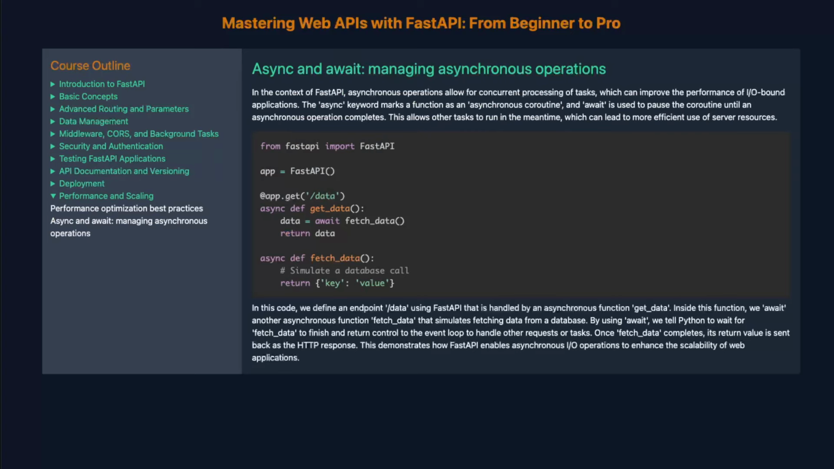Async and await, managing asynchronous operations. In the context of FastAPI, asynchronous operations allow for concurrent processing of tasks, which can improve the performance of I/O-bound applications. The async keyword marks a function as an asynchronous coroutine, and await is used to pause the coroutine until an asynchronous operation completes. This allows other tasks to run in the meantime, which can lead to more efficient use